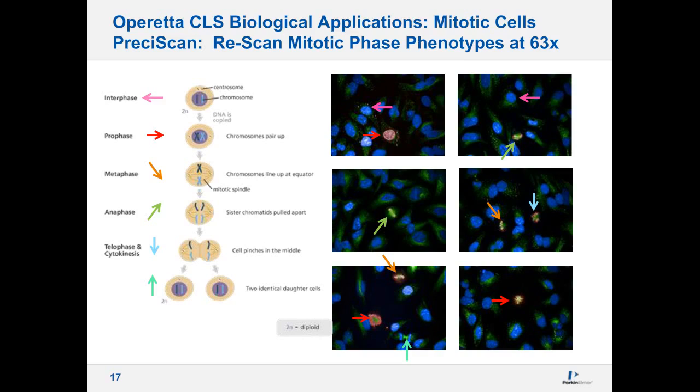There were two identical daughter cells, and we start to get the splitting and division of the cell. So the power of this new method of PreciScan is that we're able to take a 5x image and now go back in the same well, in the same locations, and rescan and really get this detailed information. This is a power that's really been missing in the field. This is a great application example to show.